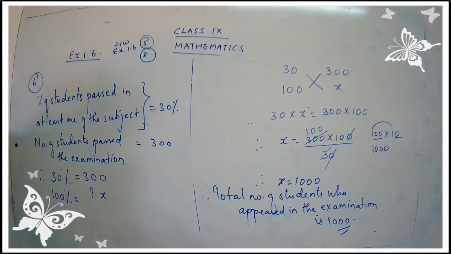Write down the question. A and B are two sets such that n of A minus B is equal to 32 plus x, n of B minus A is equal to 5x, and n of A intersection B is equal to x. Illustrate the information by means of a Venn diagram. So you have to present the information using a Venn diagram. So you have to draw a Venn diagram and you are going to fill the details in the Venn diagram.